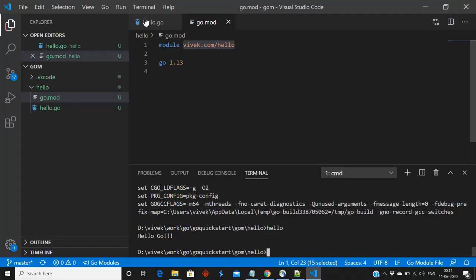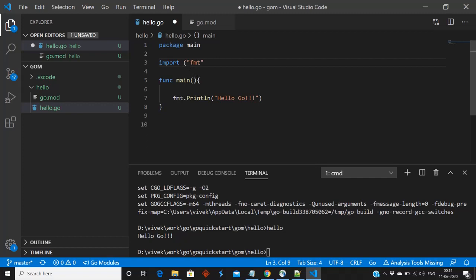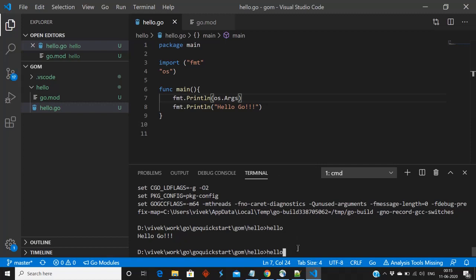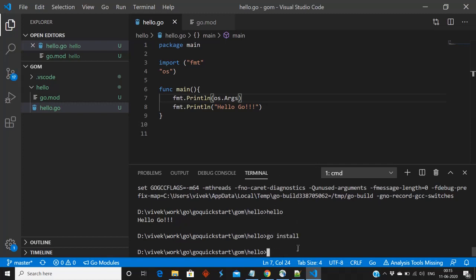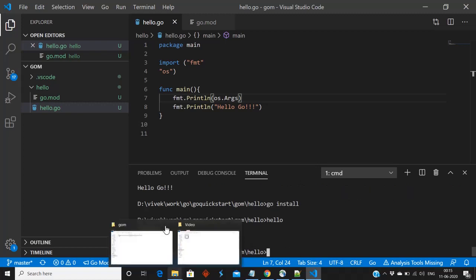Again, we can take help of the os package, os.Args. Let me run go install again. Fine. Now let me run the code. So it is taking hello and hello go, but hello is not here. So where is hello going?